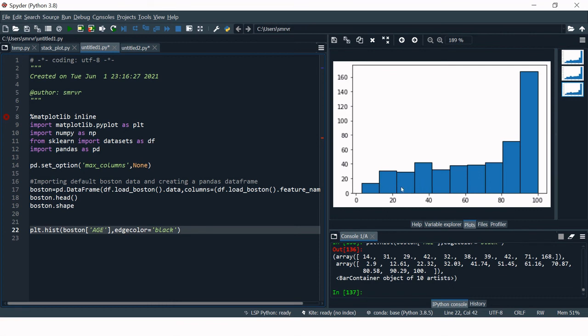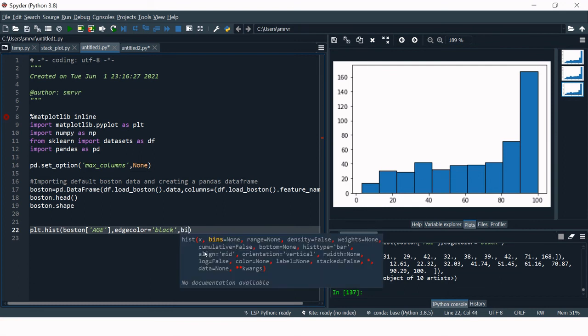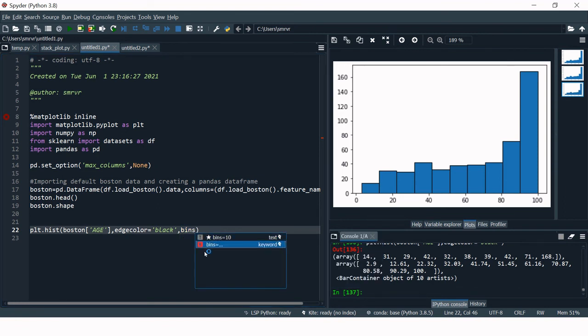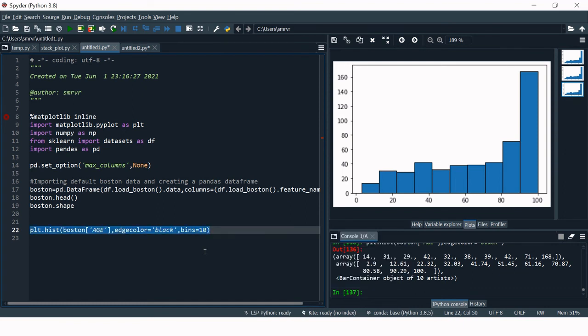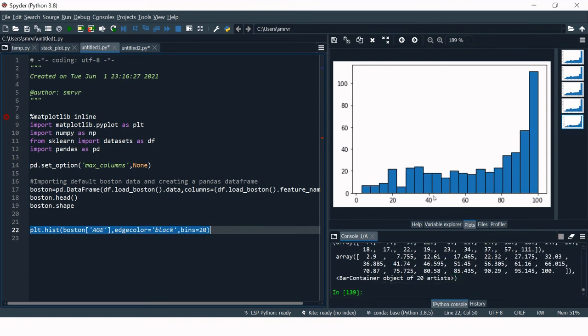But what if you want to increase the number of columns and identify each bar separately? For that you don't need to do much, just say bins equals, let's say, 10. Let's see how many bins it becomes. It is already 10, I guess. Let's make it 20. Now you can see columns representing different ages separately, like this one representing the people who are 20 years old. So this is how you can change the bins as well.